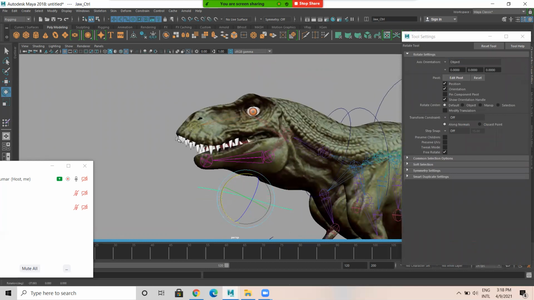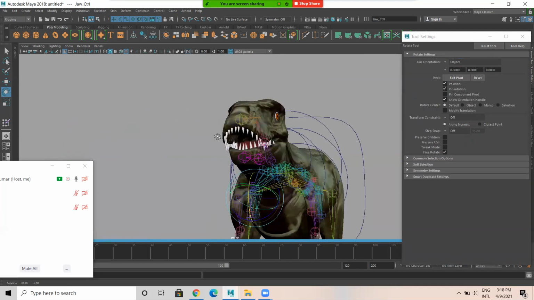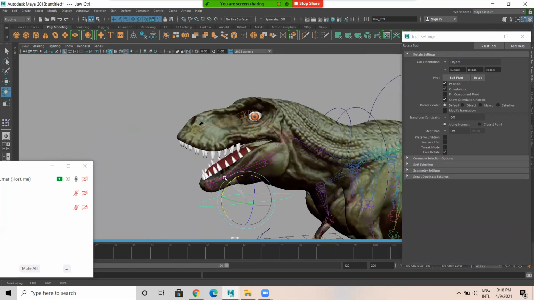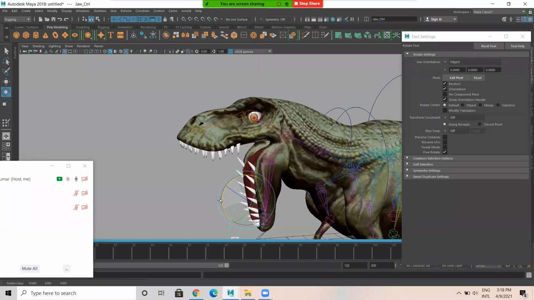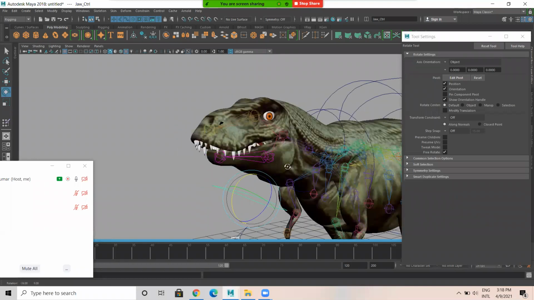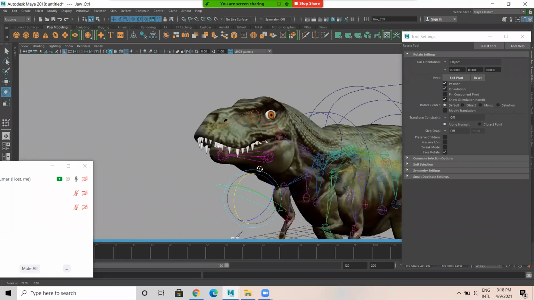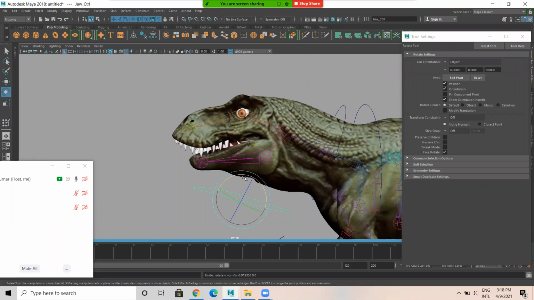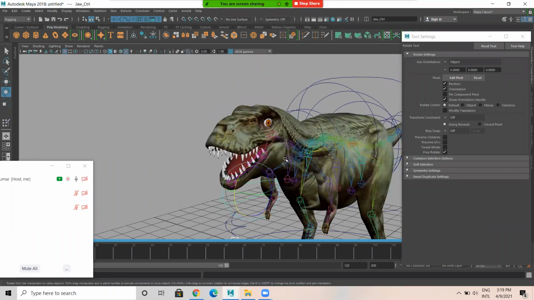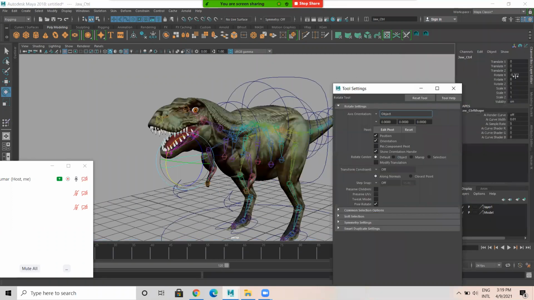He can close his mouth like this, then like this. So it won't go down, but at least it will go like this. He can close his mouth like this and like this at least. Okay, now this skin we have done, it's fine.